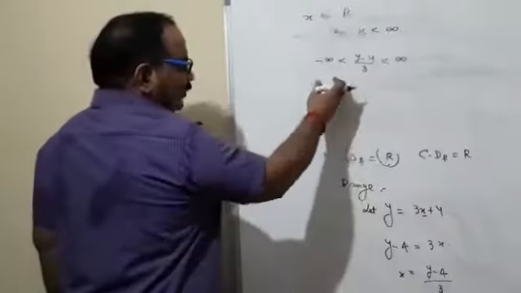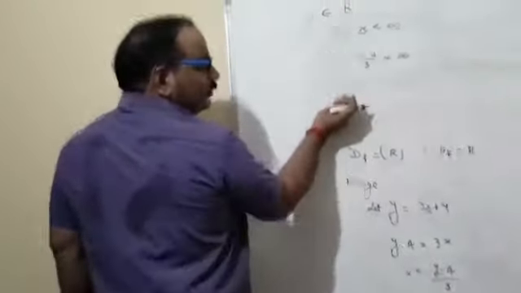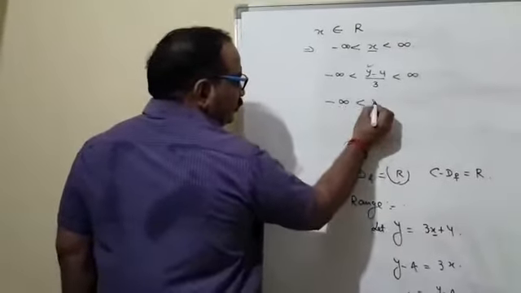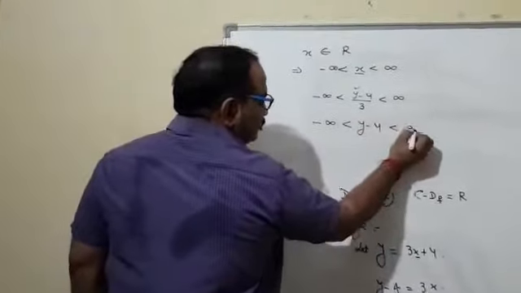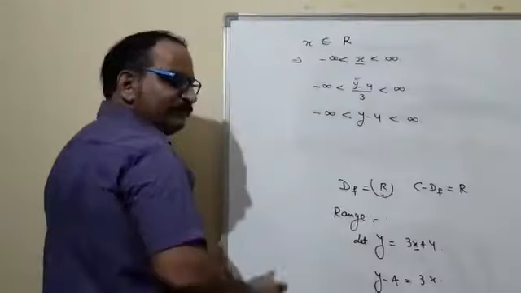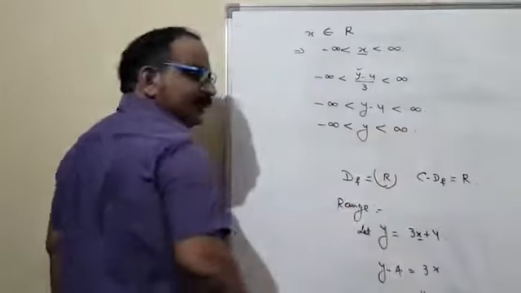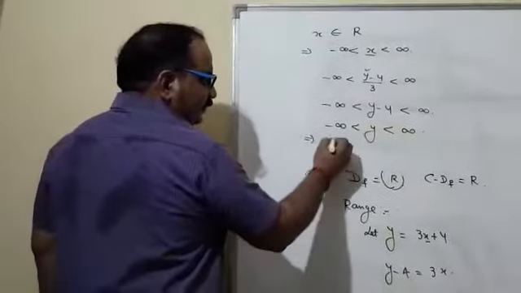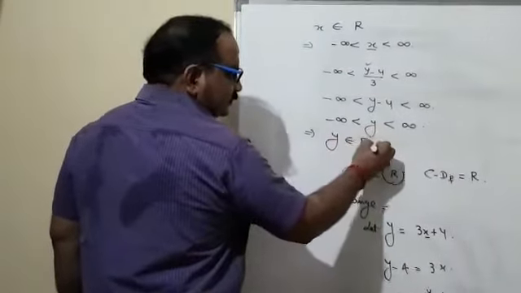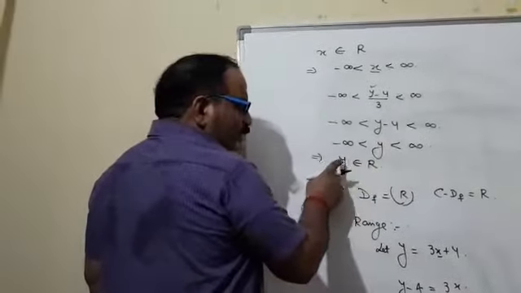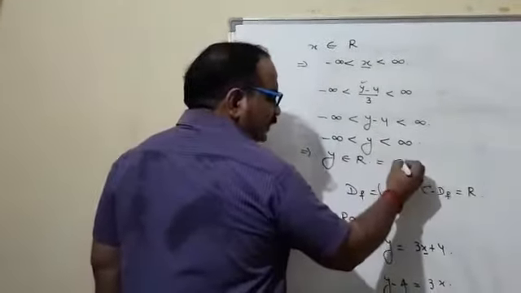In this inequality, we have to find the value of y now. So we can multiply by 3, there is no problem at all. Minus infinity less than y minus 4 less than infinity. Now I can add 4 on every side. So this will be minus infinity less than y less than infinity, and this is the value of y. Again, it comes as a real number. So y is again a real number. And what is that y? That y is the range